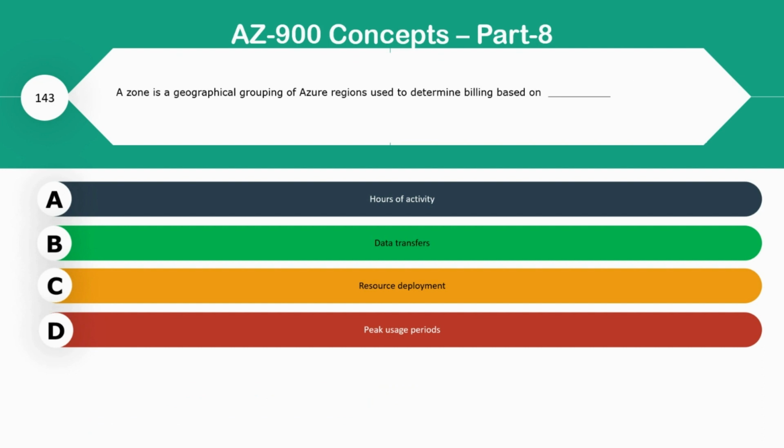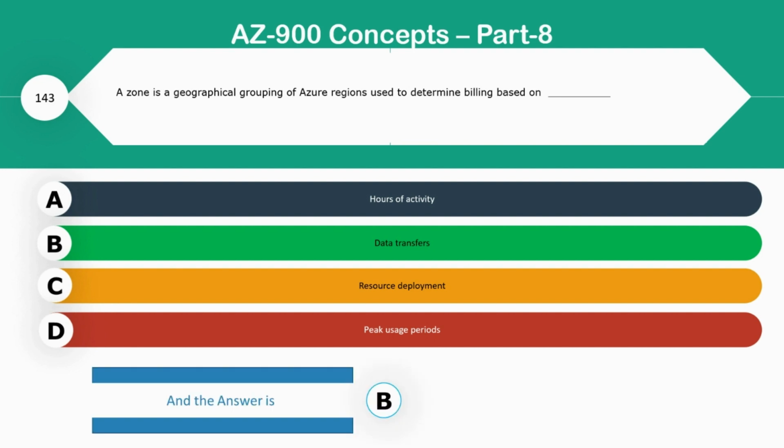Next question. A zone is a geographical grouping of Azure regions used to determine billing based upon dash. Option A, hours of activity. Option B, data transfer. Option C, resource deployment. Option D, peak usage period. Here, the right answer for this question is option B. And the reason is,